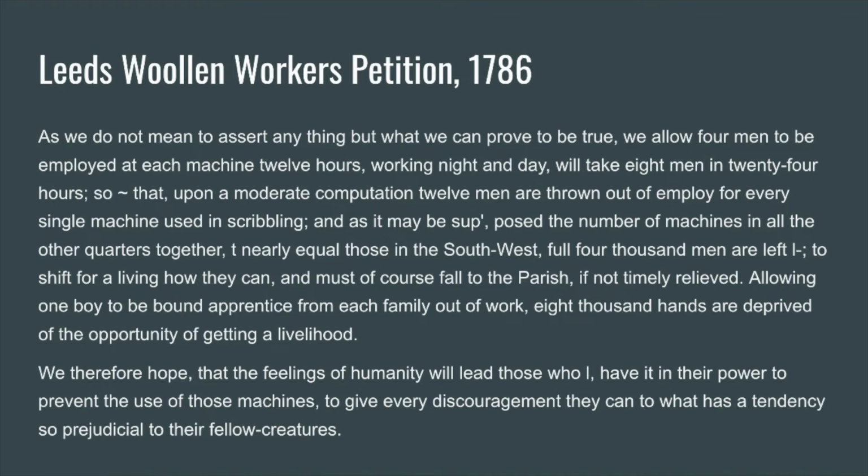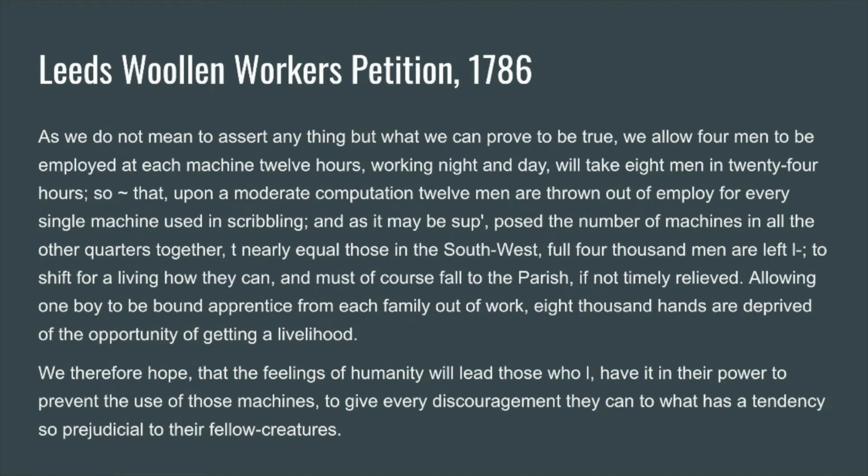Oh, to shift for a living, how can they? And most, of course, fall to the parish if not timely relieved. The word parish there refers to, say, the district overseen by the local Anglican church. The parish is an administrative district overseen by, say, a local vicar and then a bishop. So basically what he's saying there is must, of course, fall to the local church to take care of them